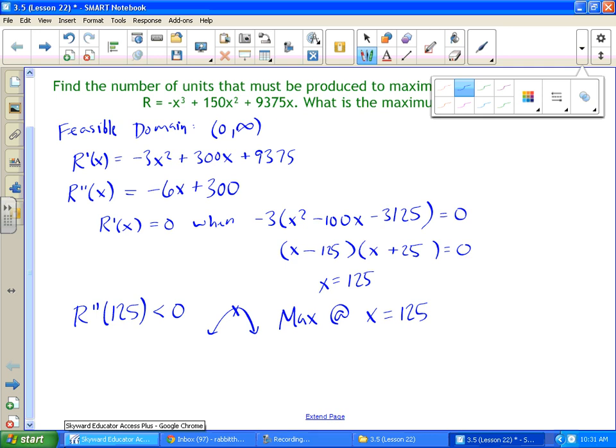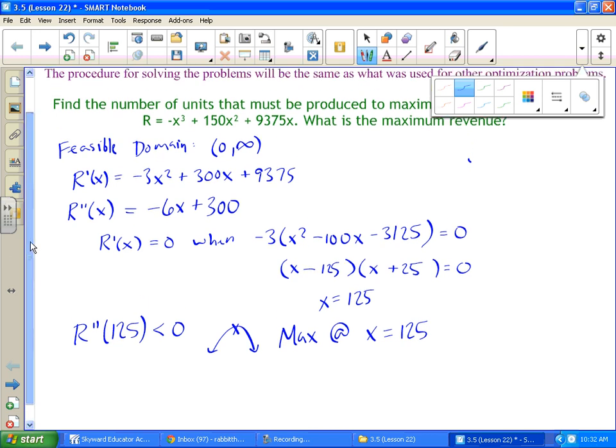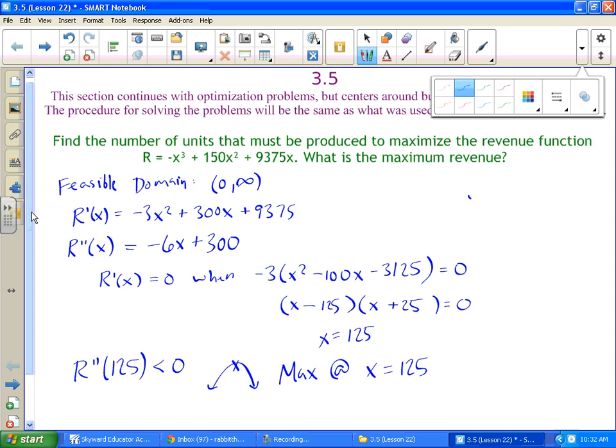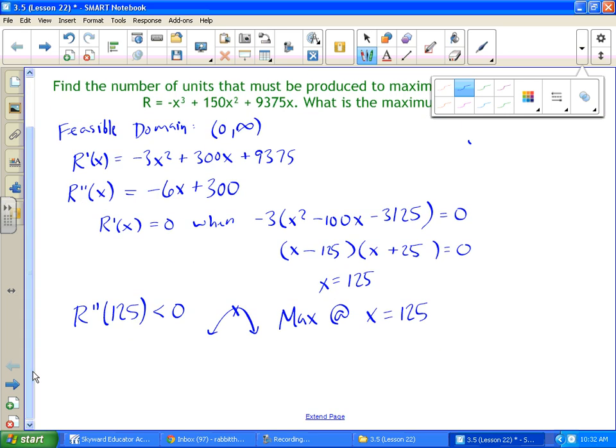That happens. Okay, so let's make sure we just write the actual answer here. It says, what is the maximum revenue? So is this what I was looking for? No, what's 125 represent? The number of units produced, right? So if we produce 125 units, the revenue is